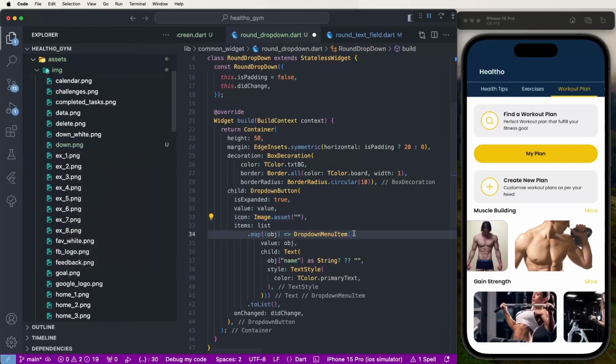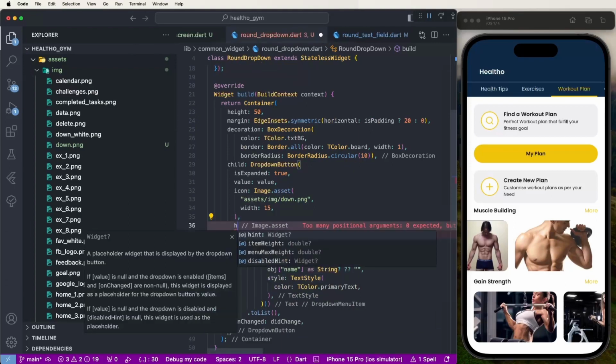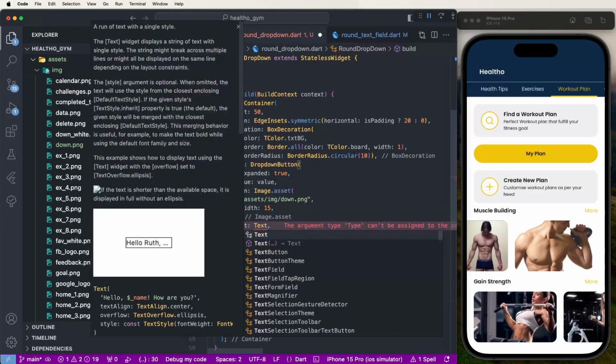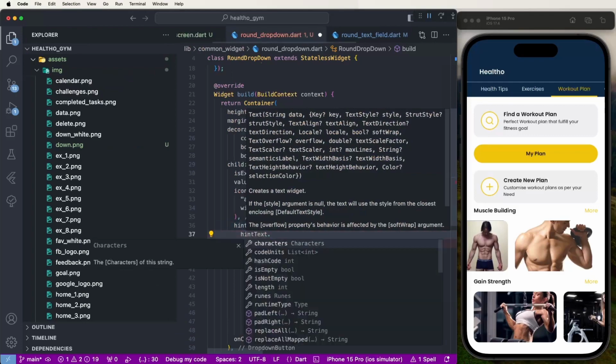Copy this relative path and paste it here. Now set the width and height to 15, like this. Now we also need to give the hint property, set the text property, and now pass the hint titles, and